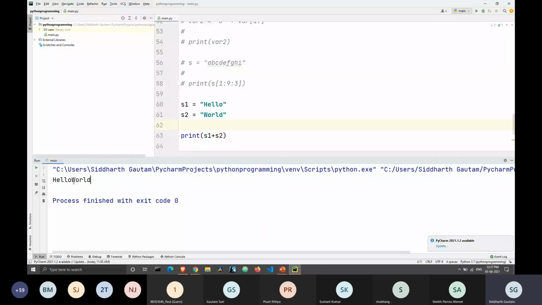But if you remember, we did this in the first class 2 weeks ago. The question on that day was also, I want to add a space here. How do I add a space between these two strings? There are multiple ways of doing this. You can tell me one or two of those. How do I get a space between hello and world?